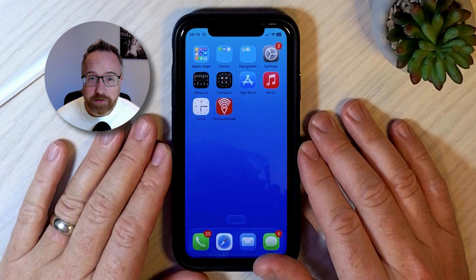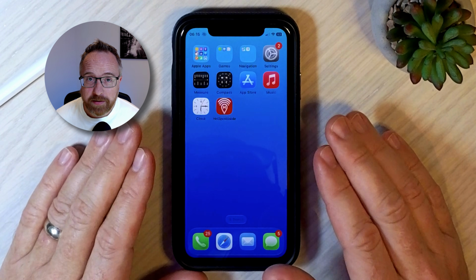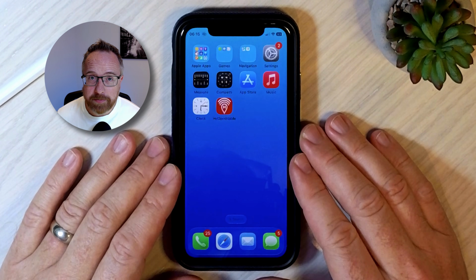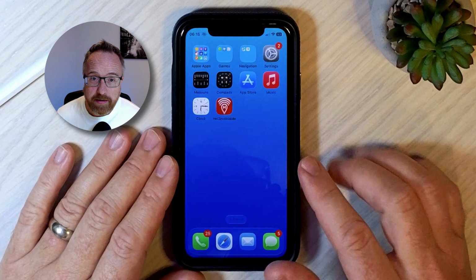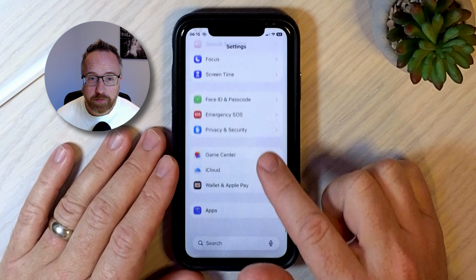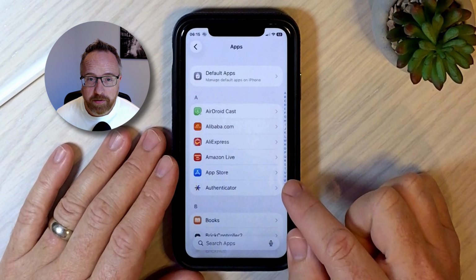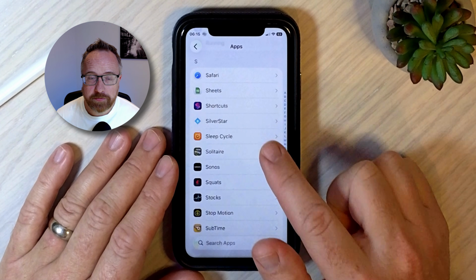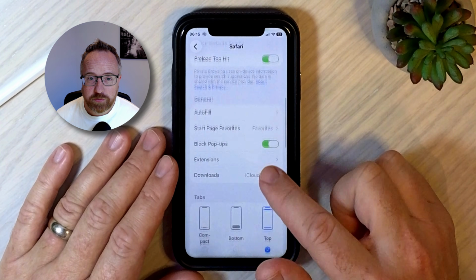So the first thing we're going to do is clear the data from the Safari app because most malware and viruses come from websites while you're browsing the internet. So let's hop into the settings. Let's scroll down all the way to apps. You can tap on the S over here or scroll down to the S section, then tap on Safari. Then scroll down